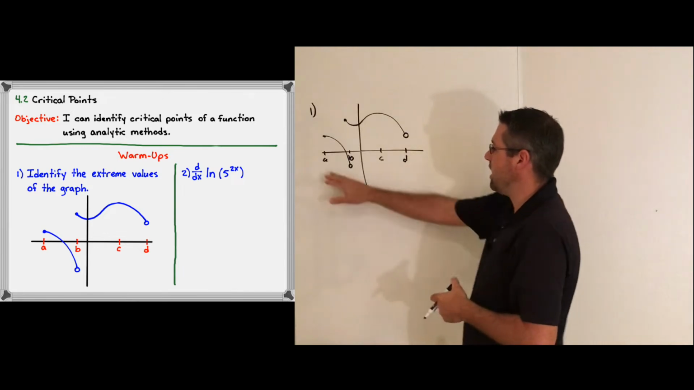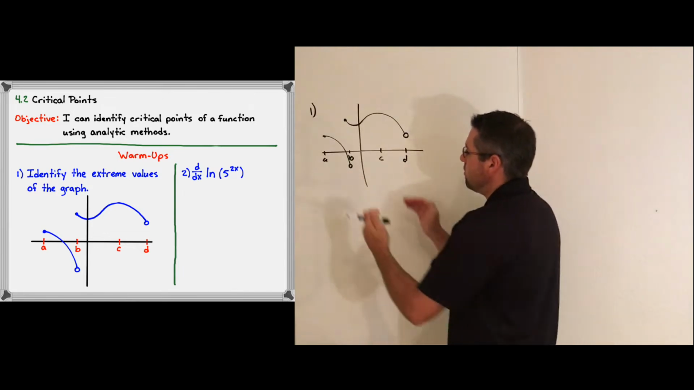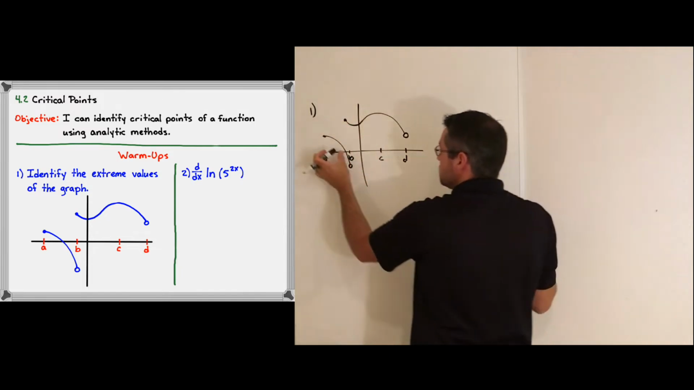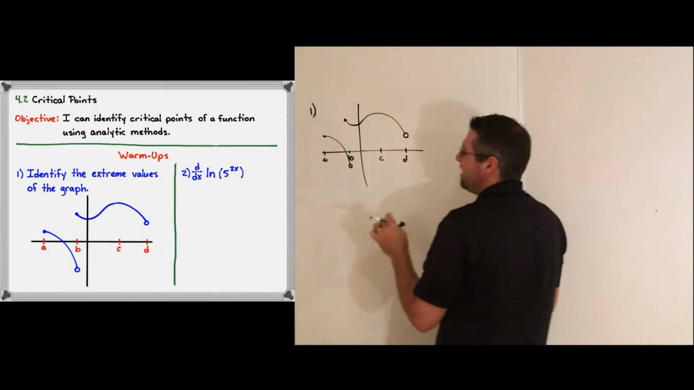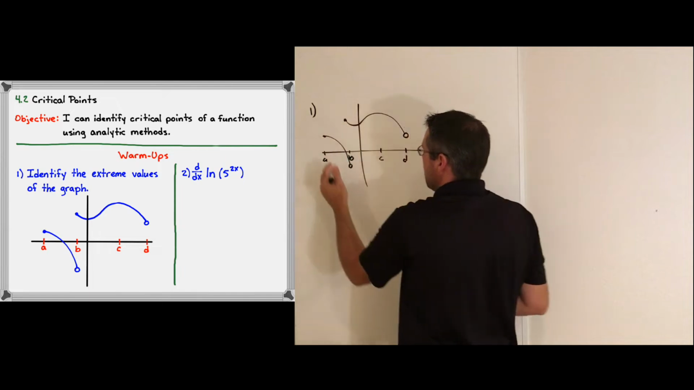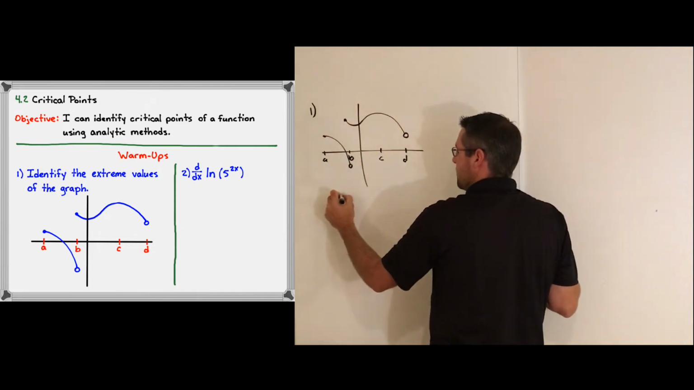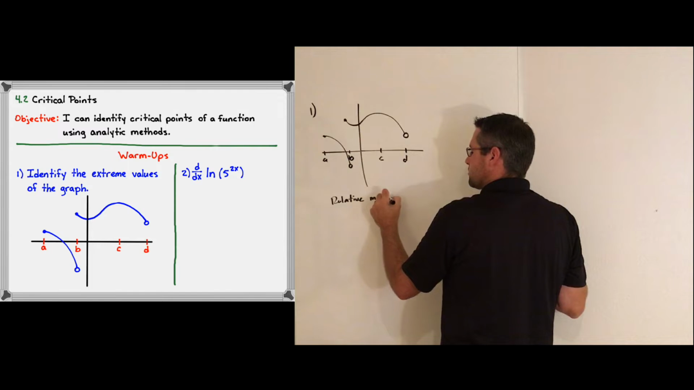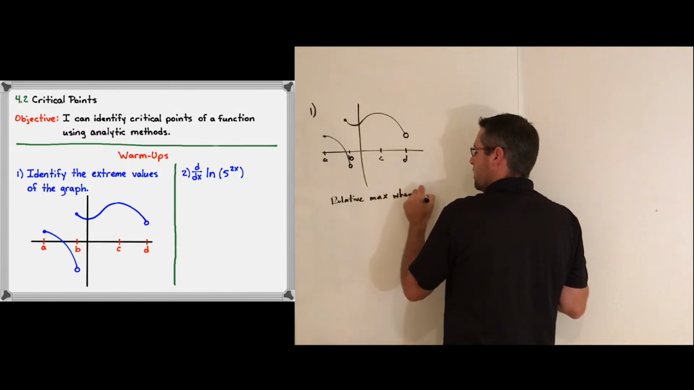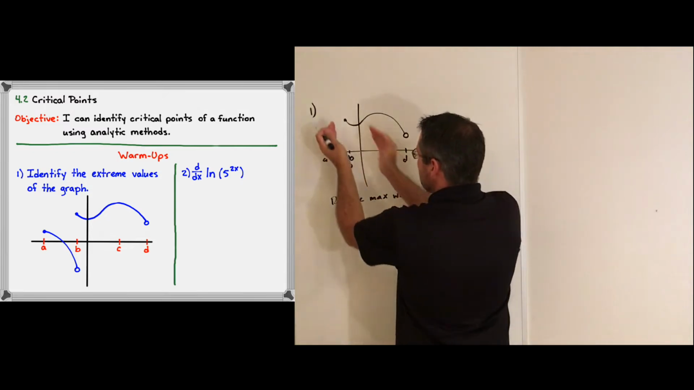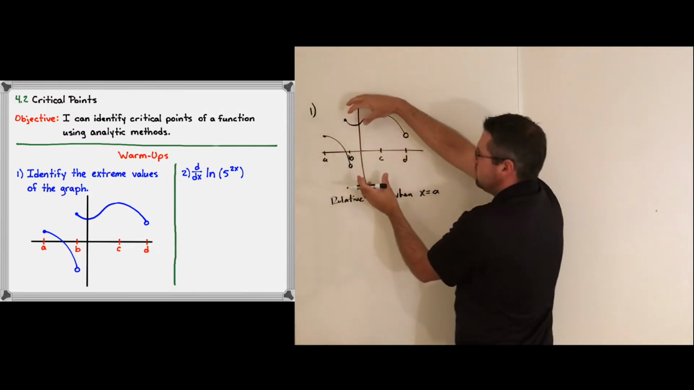So if we look at x equals a, if we look within a very small window around a, we can see that there is no higher point than the y value when x equals a. So we would say that there is a relative or local maximum when x equals a. We would also say that at b, even though it's a discontinuity, we have a jump discontinuity here,